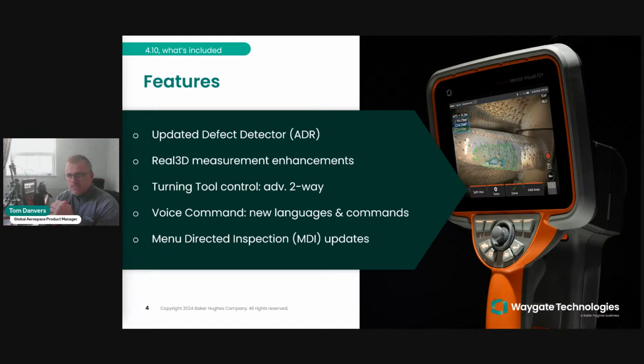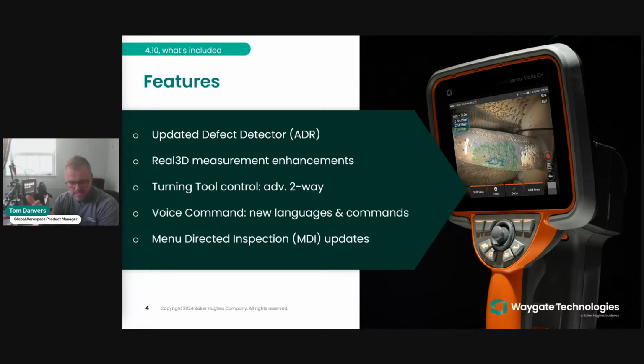Lots to talk about under real 3D measurement enhancements. You can see the snapshot on the right-hand side where we've got a new measurement type. I'll take you through a practical demo. If you've joined my webinars before, I like to do a bit of a demo to show you the real features on the device, live on the device. So we'll take you through some demo features associated with the real 3D content, and then continue on talking